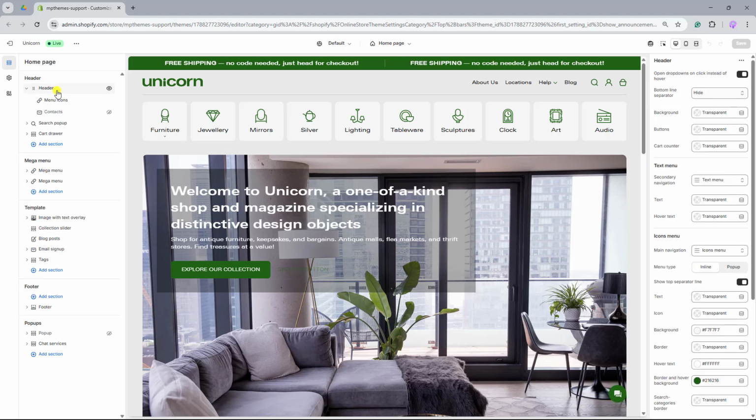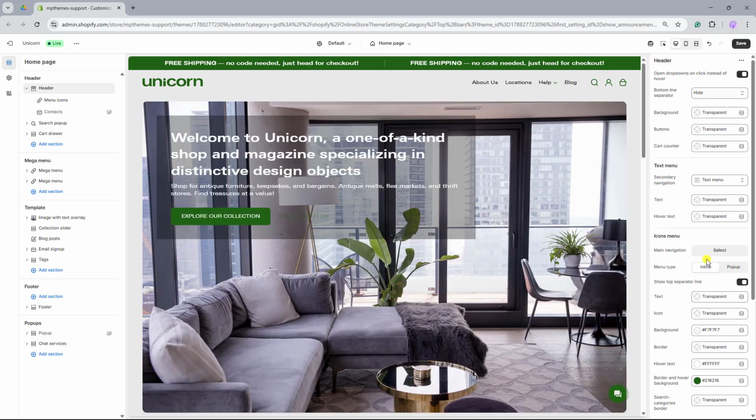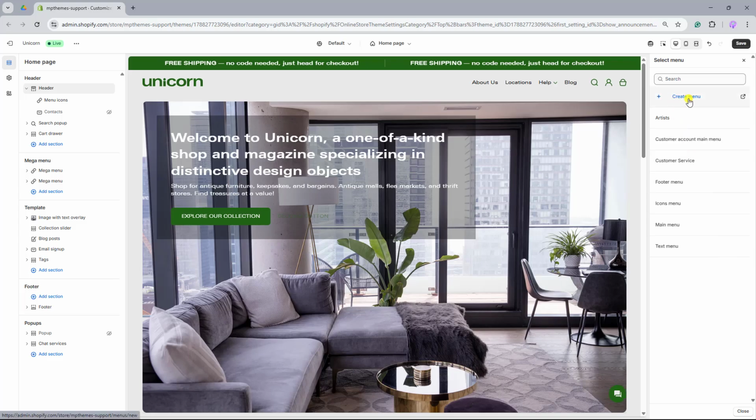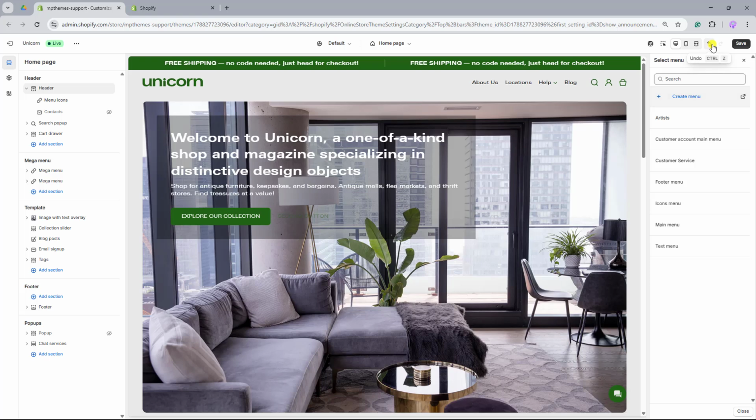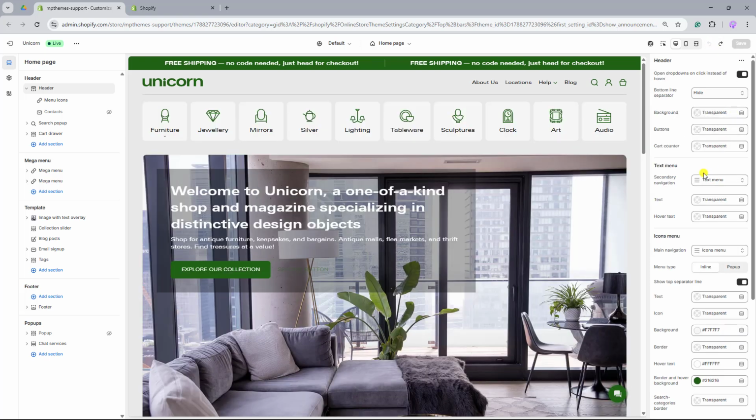If you press the header section, you may notice two source selectors for displaying the text menu and icons menu. You have the flexibility to use either one or both by selecting or removing a menu. If you haven't created a menu in your admin yet, press the Create Menu button to access the corresponding page in your admin. To edit an existing menu, click the relevant option in the menu drop-down and navigate to the